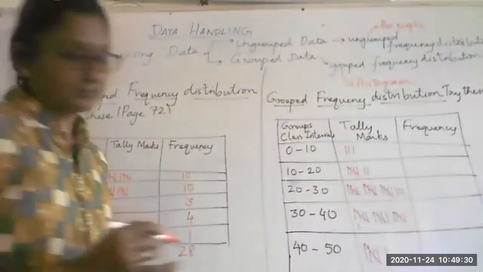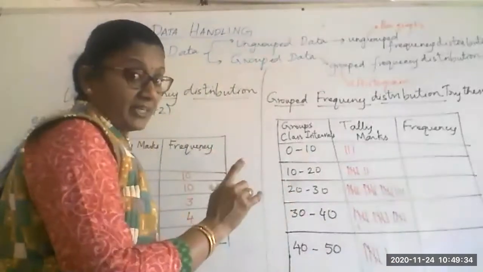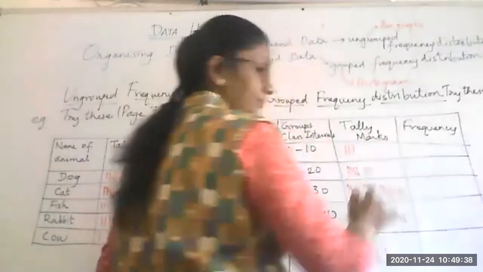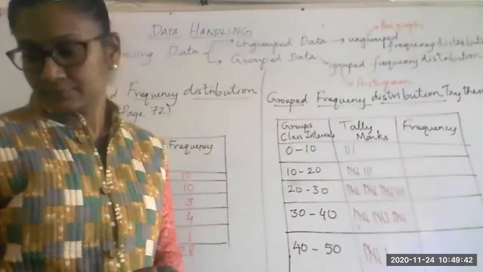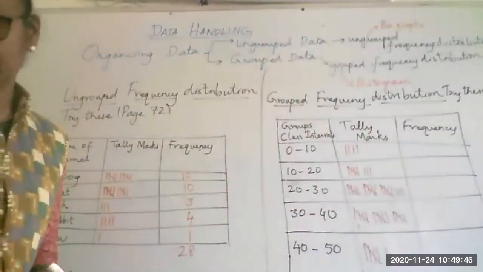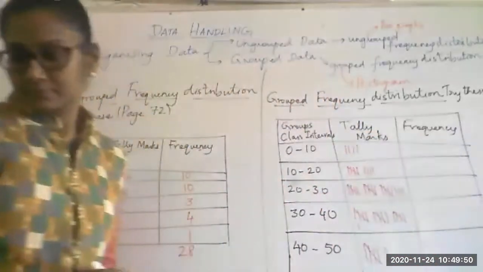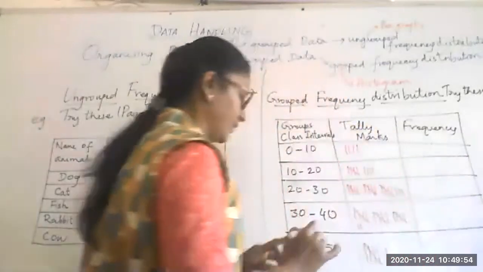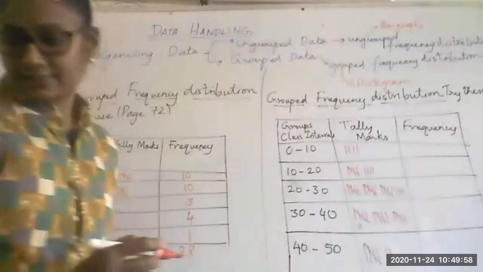20 third group. 20. No, 20 is second group, my dear. Please be careful. We have decided to take it on the upper. 20 is the second group. 7 first group. Okay, the 7 is the first group, right? 16 second group. Okay, second group. 36 fourth group. Yes. 45. Right? 45 fifth group. Yes.